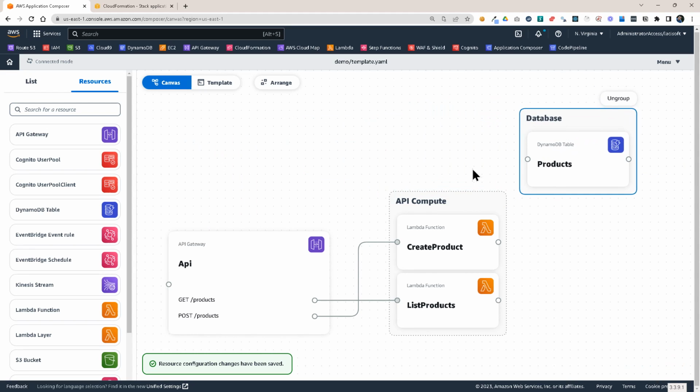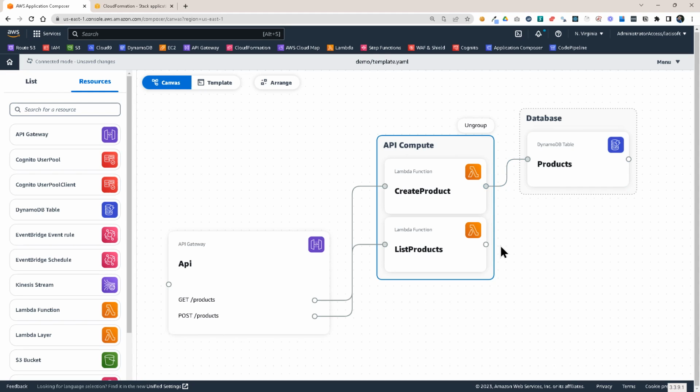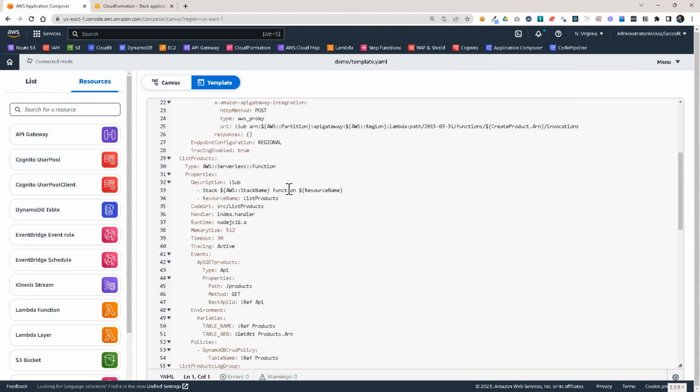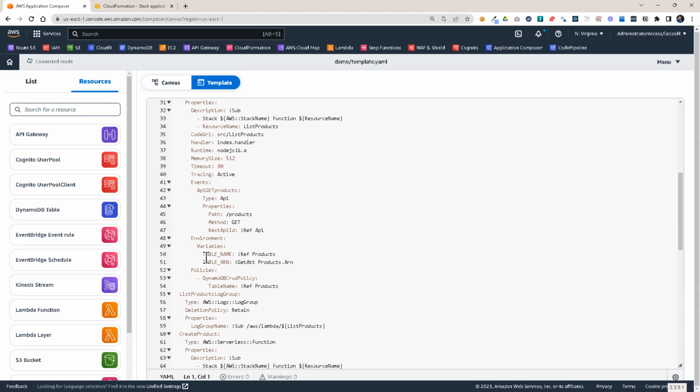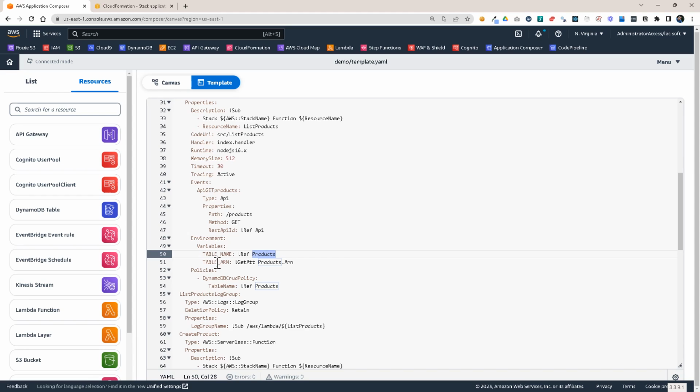Okay. And I want to connect the Lambda functions with the DynamoDB table. And I can do that by just dragging this like this. And what will happen in the template, if we look at it, it added some environment variables for the Lambda functions. So it added the table name, as it's a reference to the products table, and the ARN of the products